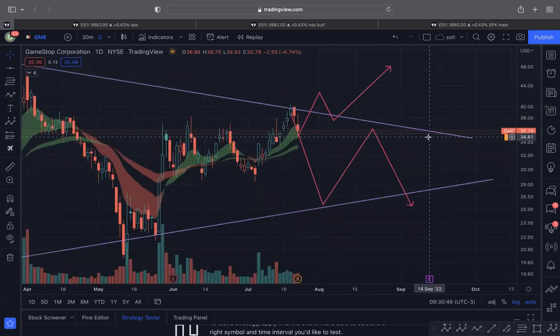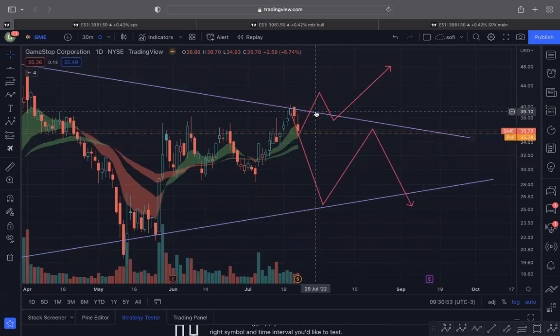So for GameStop, that's the reason I have puts below 35, 34.5. If it does try to bounce, you've got to wait for the break. If it does try to bounce, watch and see if it rejects at like 38.8, 39. If it rejects, it's likely to come back down. After a split, stocks tend to sell off. That's another reason why I have GameStop. After the split, watch and see if we have a further sell off. A better entry would be a break of 34, but you can kind of enter when it breaks 35.